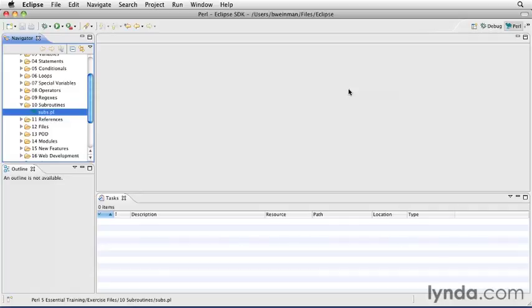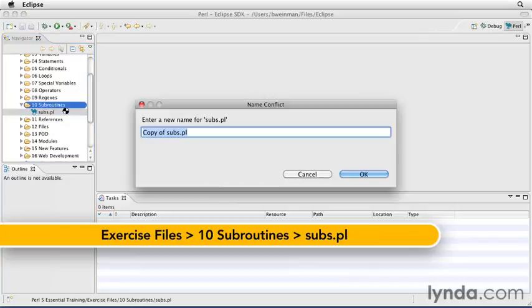Subroutines in Perl are declared with a block, and that block has the code that the subroutine executes when it's called. And so just like with any block in Perl, you need to be concerned with the scope of the variables that you use inside that block. So let's take a look at that,